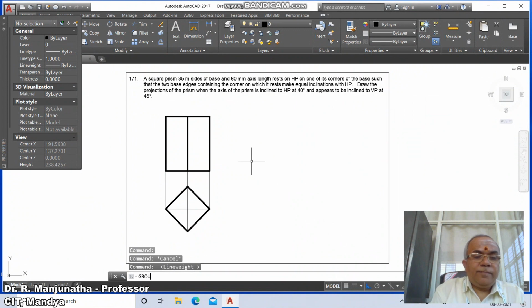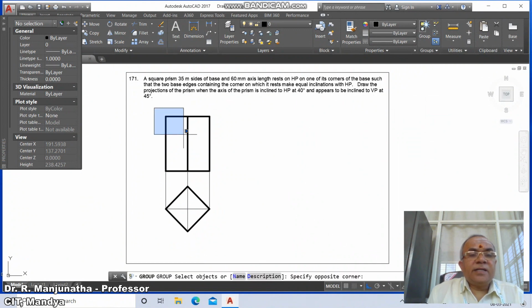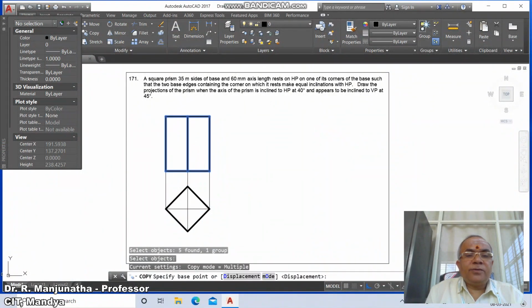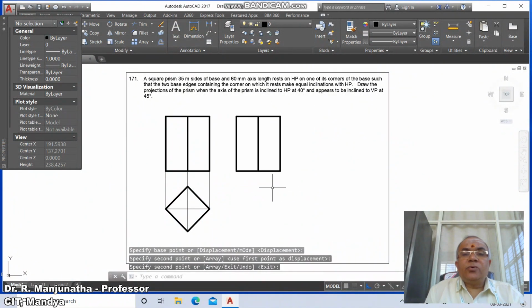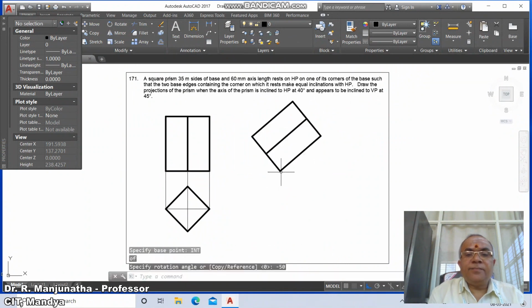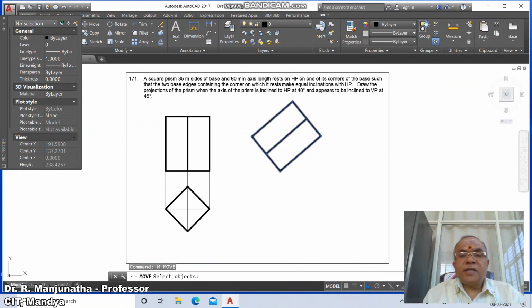Then go to group, select this entire thing and group it as a single one, and then go to copy, select this, copy to the next position and then go to rotate, select this, take the corner point and take the distance as -50,